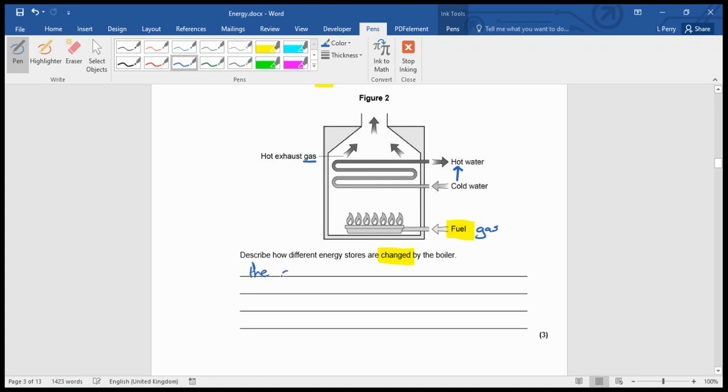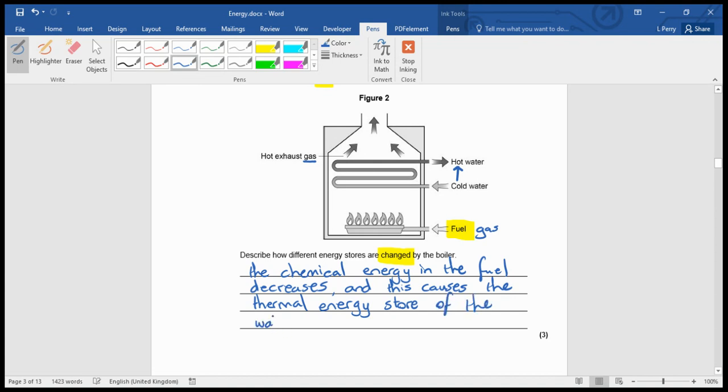So the chemical energy in the fuel decreases. There's my first change. And that causes the thermal energy store of the water